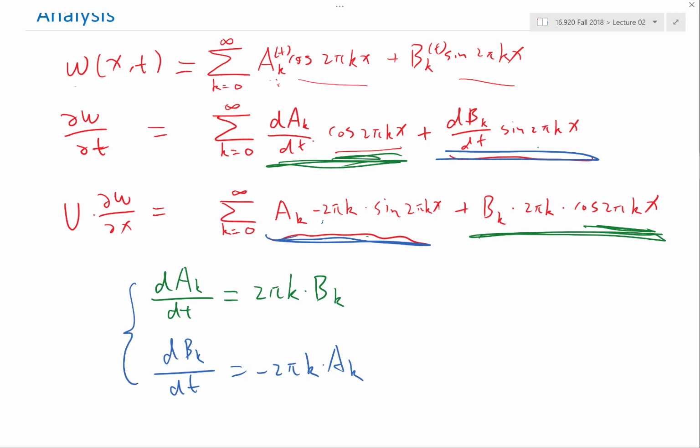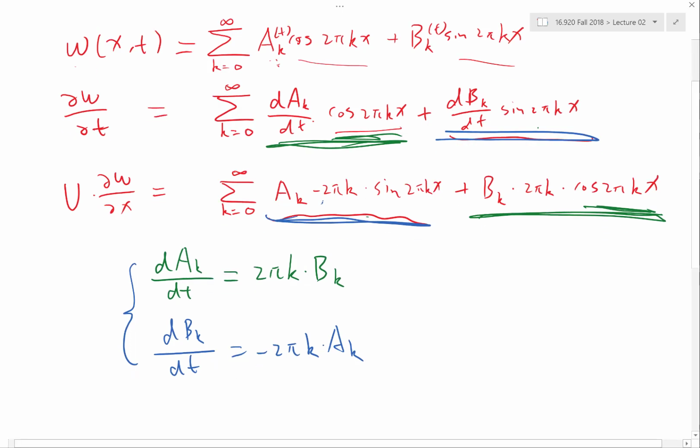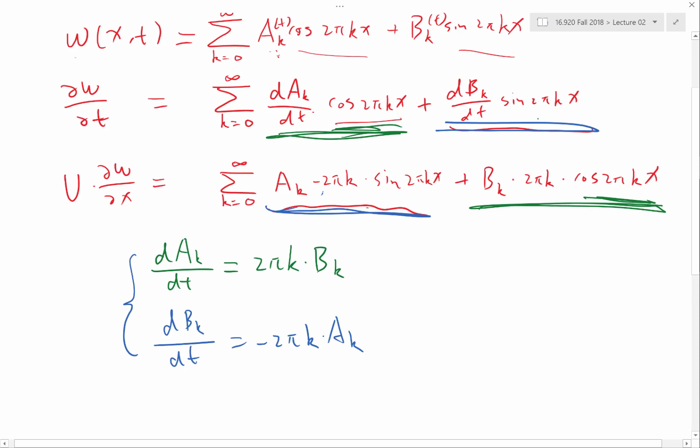So are you suggesting we are substituting one equation into the other? Right, so we can do that, and let's do that. You have another? The solution, yeah, is a sine and cosine, but how do you do that? One way to do it is to actually substitute, for example, this a into here, right? So if I convert the second equation to ak equal to minus 1 over 2 pi k times dbk dt,